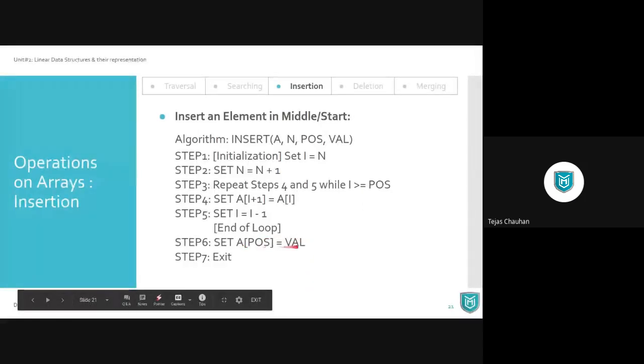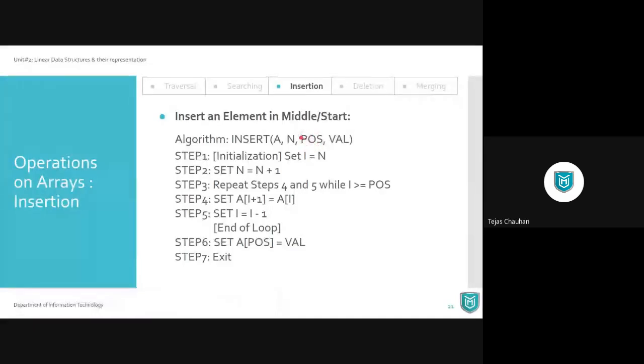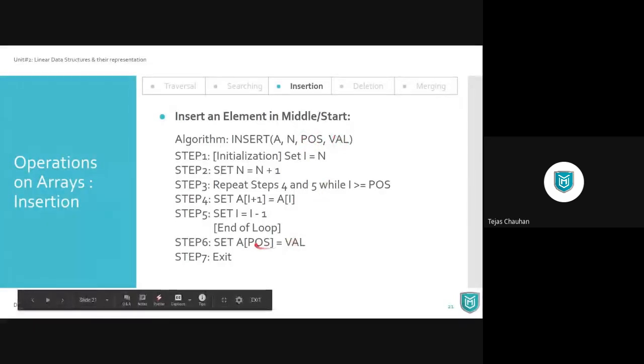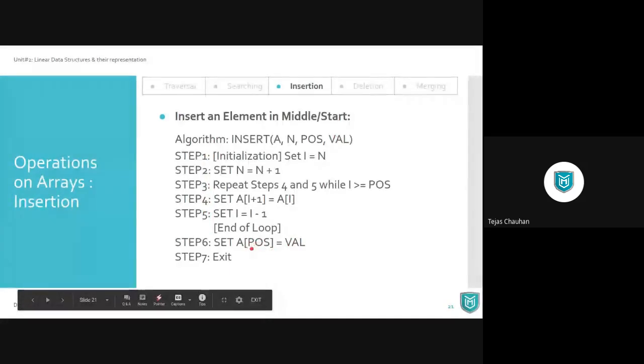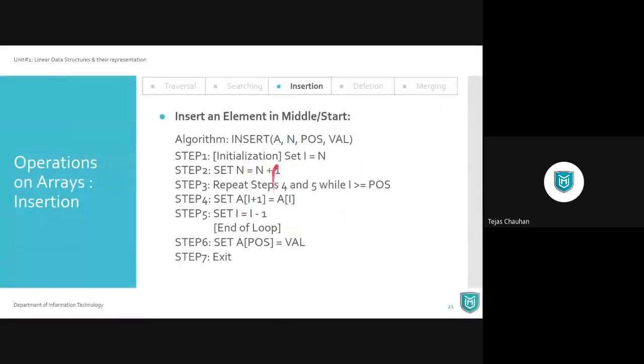So a of pos equals 1. At the given position, we have to store the value there, so I will put the value in a of pos, and this is the algorithm. So a of pos will work. If you want to go like an index and write pos minus 1, then remember this entire process has to be taken 0 based. Then the upper bound, if it was n, will become n minus 1. Then this i loop will run until greater than or equal to position, and so on, right? So just remember, algorithms can have base 1, programs will have base 0.